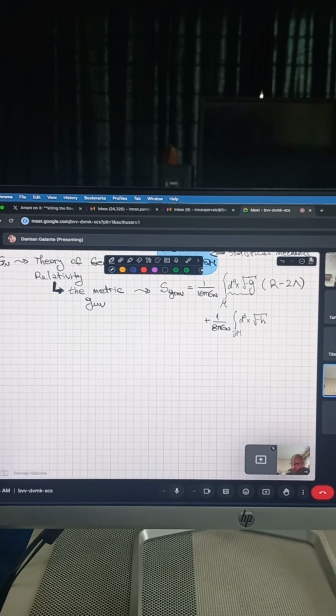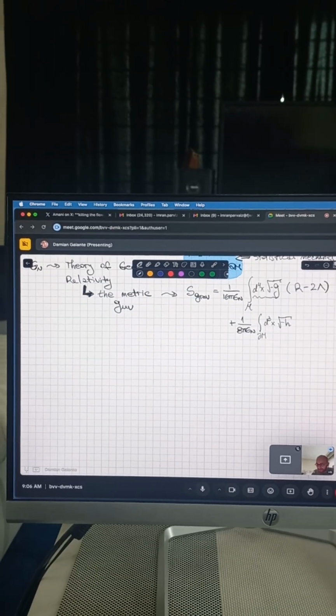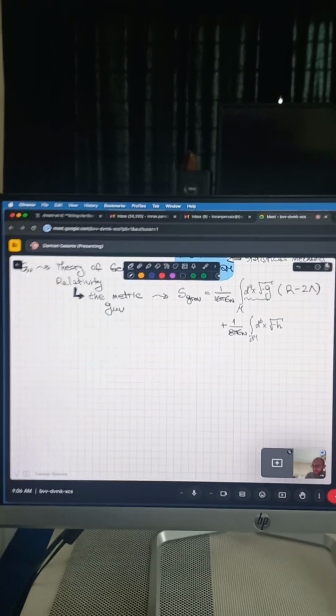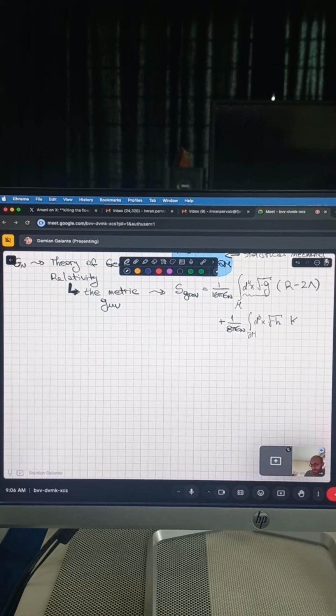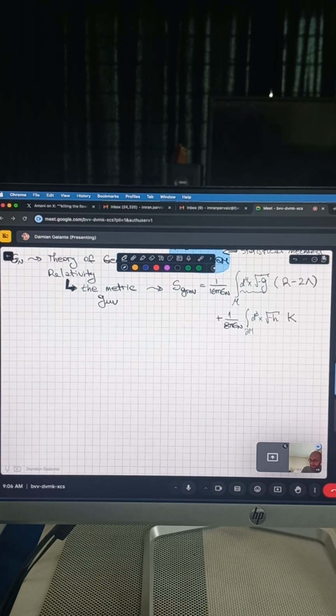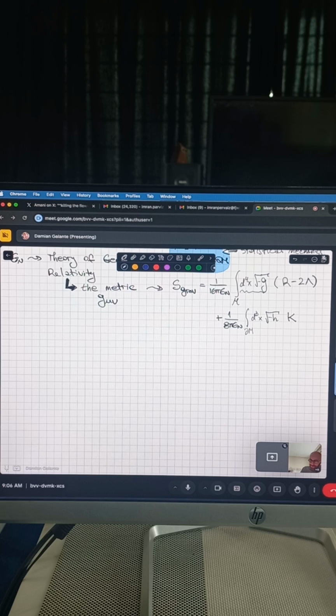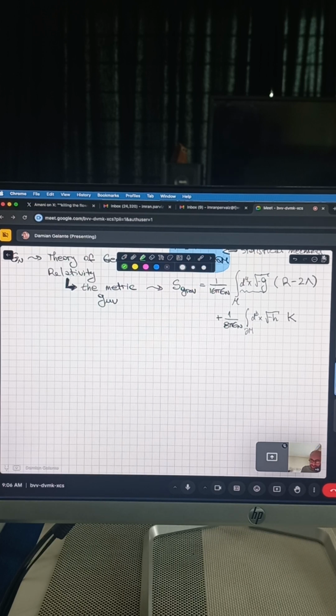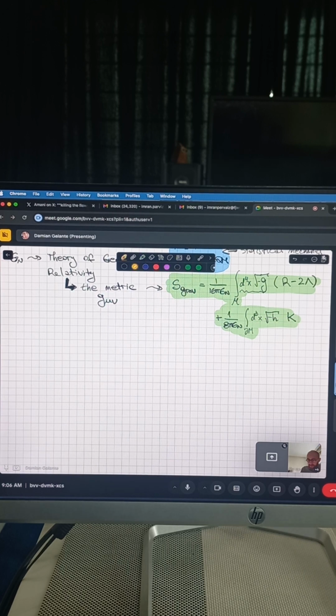Minus the root of minus the determinant of the induced metric, and then the term that we will add here is the trace of the extrinsic curvature K. And this made the action for gravity well posed, so it has a nice variational principle, and at the same time, when we vary with respect to the metric,